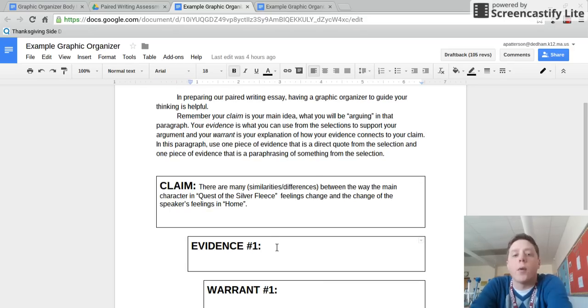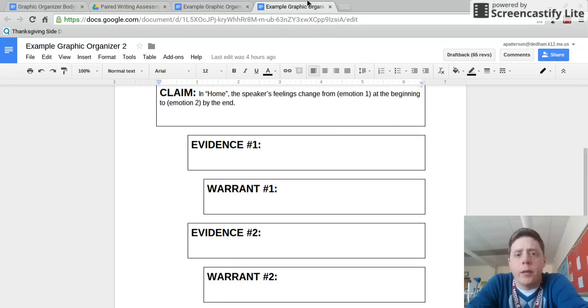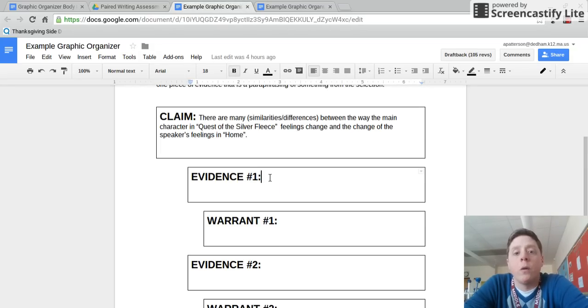Okay? Then we need to get into our evidence, right? The evidence is going to be, how do you see that the change in feelings is similar, or how do you see that the change of feelings is different in these two selections? Okay? So, you're going to need to go to both of them. We go in there and we look at, what did we say in my first graphic organizer about how the speaker's feelings at home change? Go to your second one. How did the boy's feelings in Quest of the Silver Fleece change, right? Okay. So now,